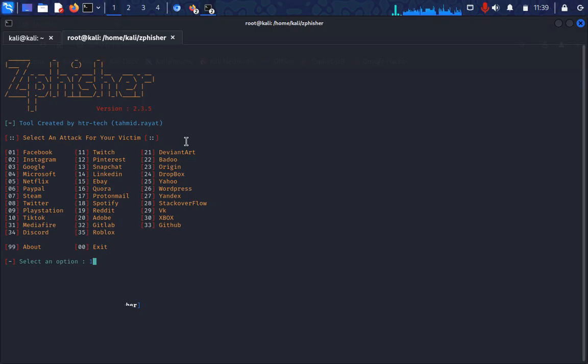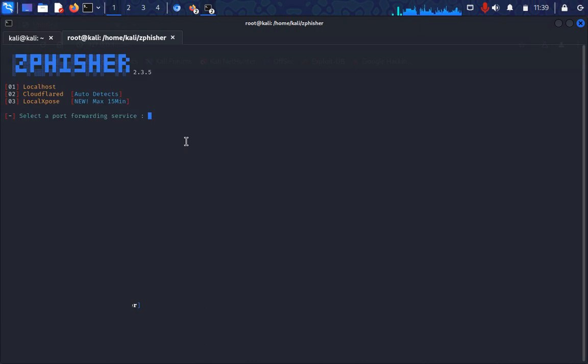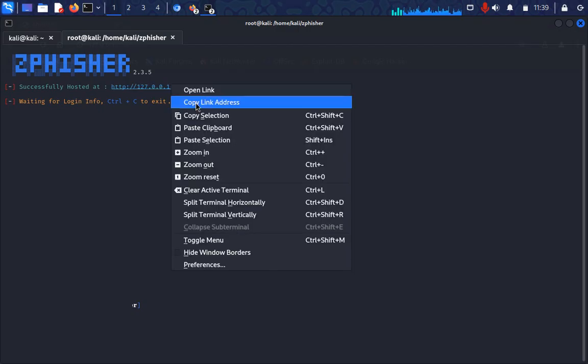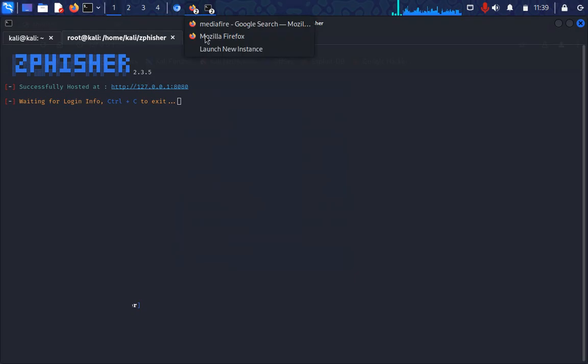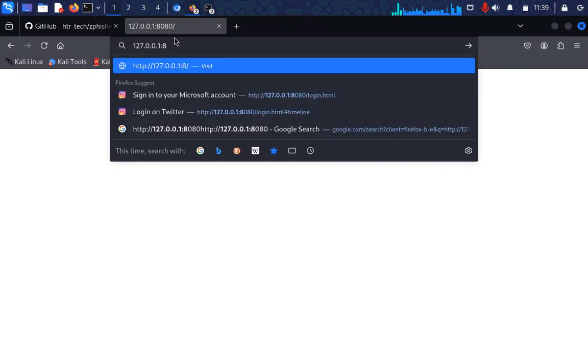Now I want you to notice something. While it is logging in, info has been given to the terminal, while here is the original Facebook login website, which you can see at the top. Now let's go back to our terminal, the Zfisher terminal, and if you see here, this is the name I used as my username, this is my password. So this is the Zfisher